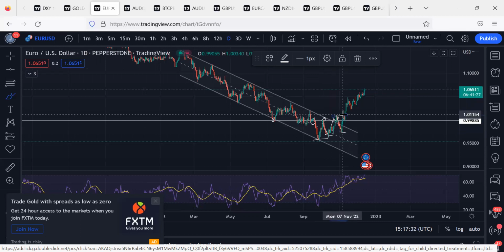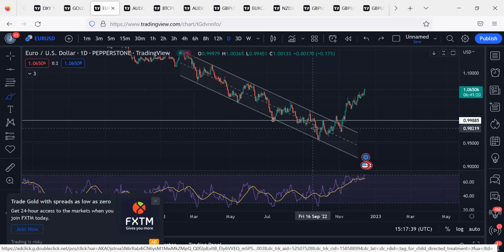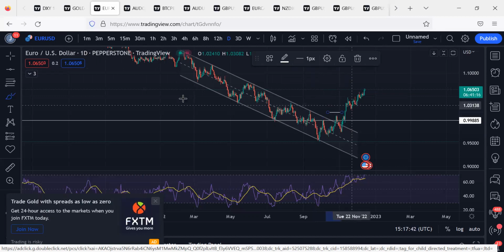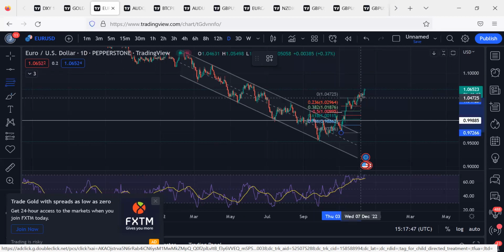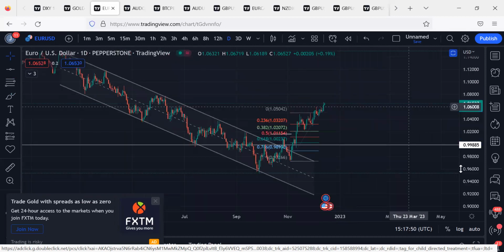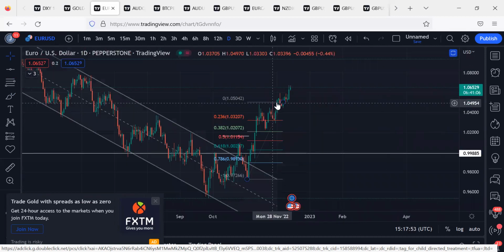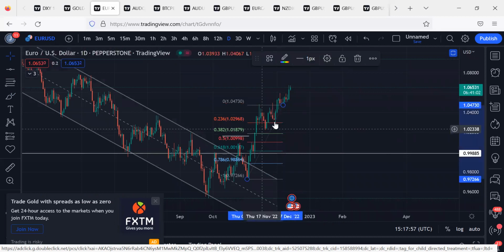Now, immediately we broke this, we changed character here. So remember, I told you that whenever we have a big break like this, we don't usually get up to 0.5. What did I tell you? We don't usually get up to 0.5. Sometimes we might even retrace up to 0.30, 30%, and start going back up.